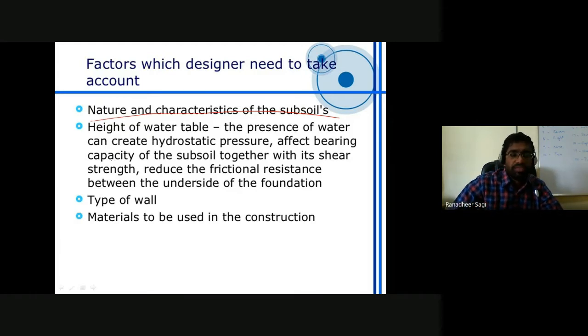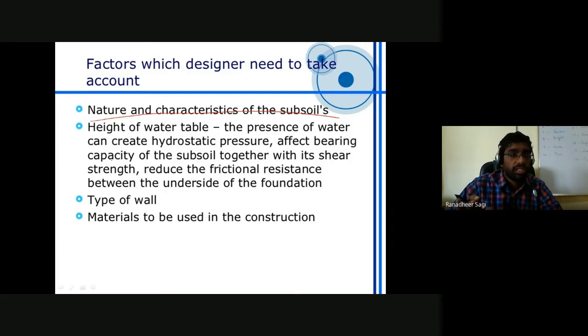If the water table is there, then the shear strength of the soil could be different. If the water table is not there, then the shear strength of the soil could be different. And in case the water table is present, then we should understand how the pore water pressures are building in the soil, and whether there is a possibility of releasing that excess pore water pressure which is getting developed or not. We should be understanding all those aspects. If excess pore water pressures are getting developed, then automatically the shear strength of the soil is going to decrease.